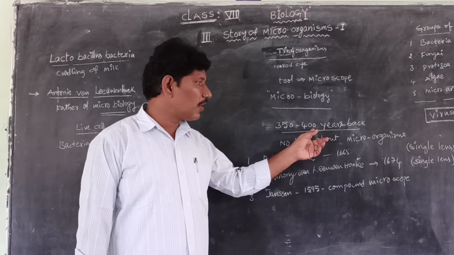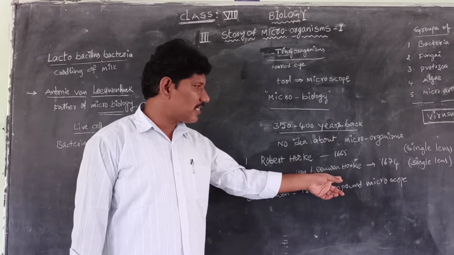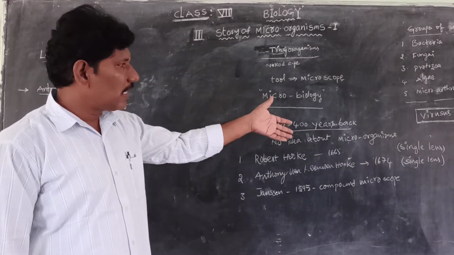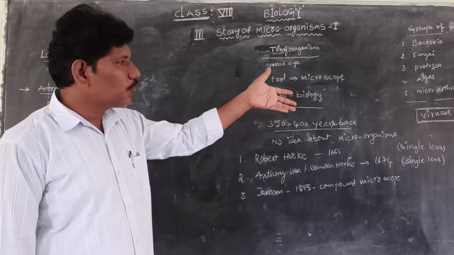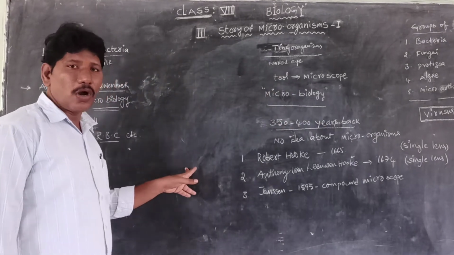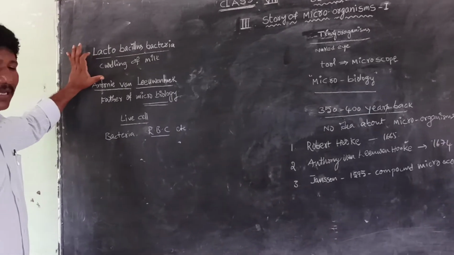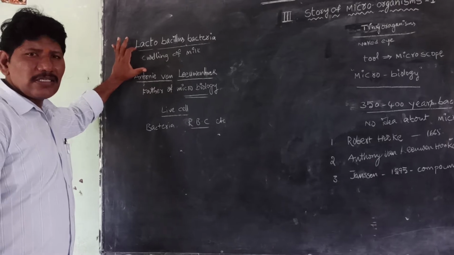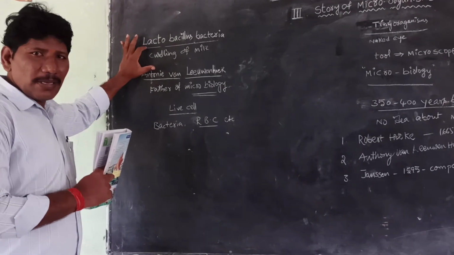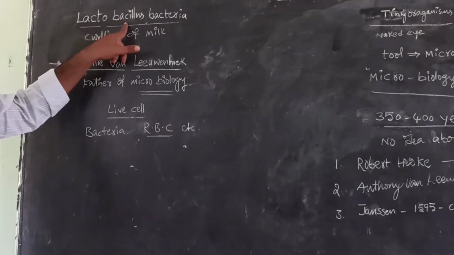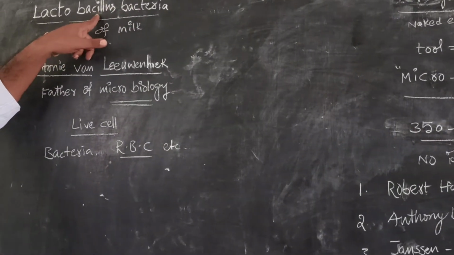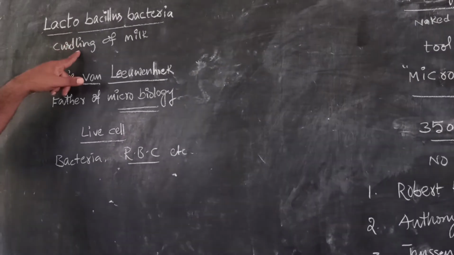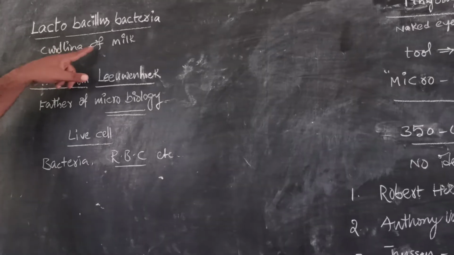But after the discovery of microscopes and the observation of cells and microorganisms, now we have answers to these questions. Yes, these are some adverse effects and some useful effects of microorganisms. Curdling of milk is obviously by Lactobacillus bacteria. Lacto means the sugar present in milk, called lactose. Lactobacillus means rod-shaped bacteria. It helps in the conversion of milk into curd, that means curdling of milk.